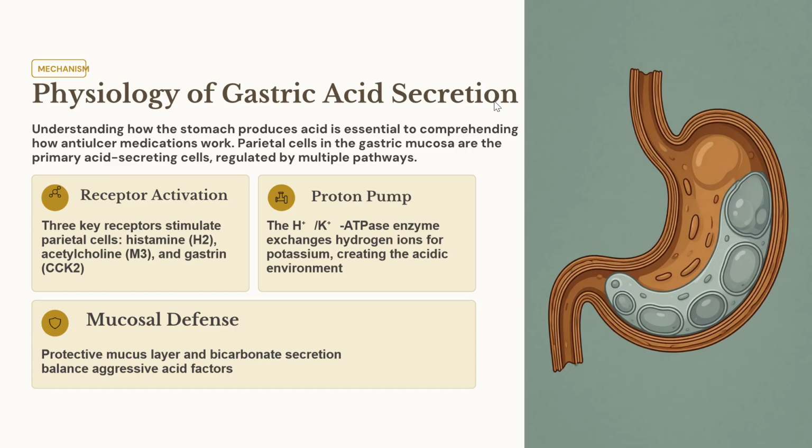So let us discuss the physiology of gastric acid secretion. Understanding how the stomach produces acid is essential to comprehending how anti-ulcer medication works. Parietal cells in the gastric mucosa are the primary acid secreting cells, which are regulated by multiple pathways, such as